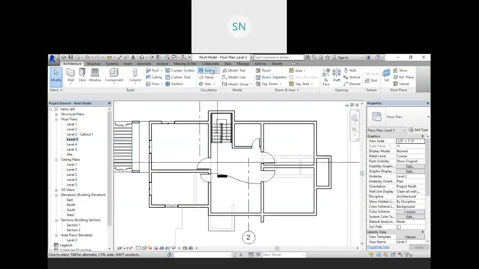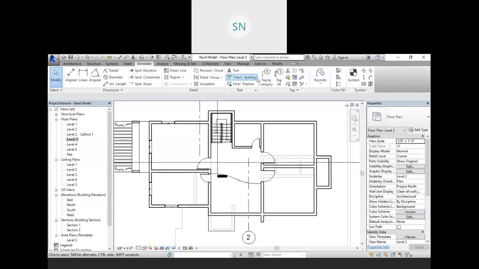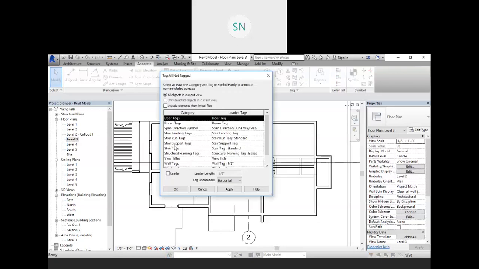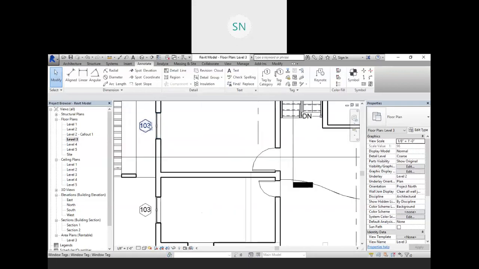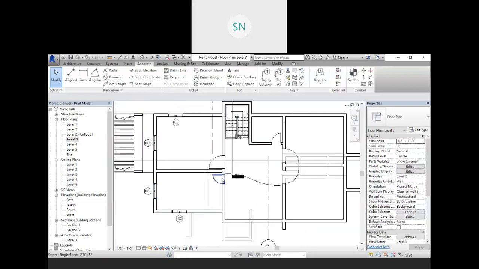Now go to the annotation, tag and window tag. We have 103, right? So window tag depends on the categories. If you have different types of window, then you will have different types of tags.